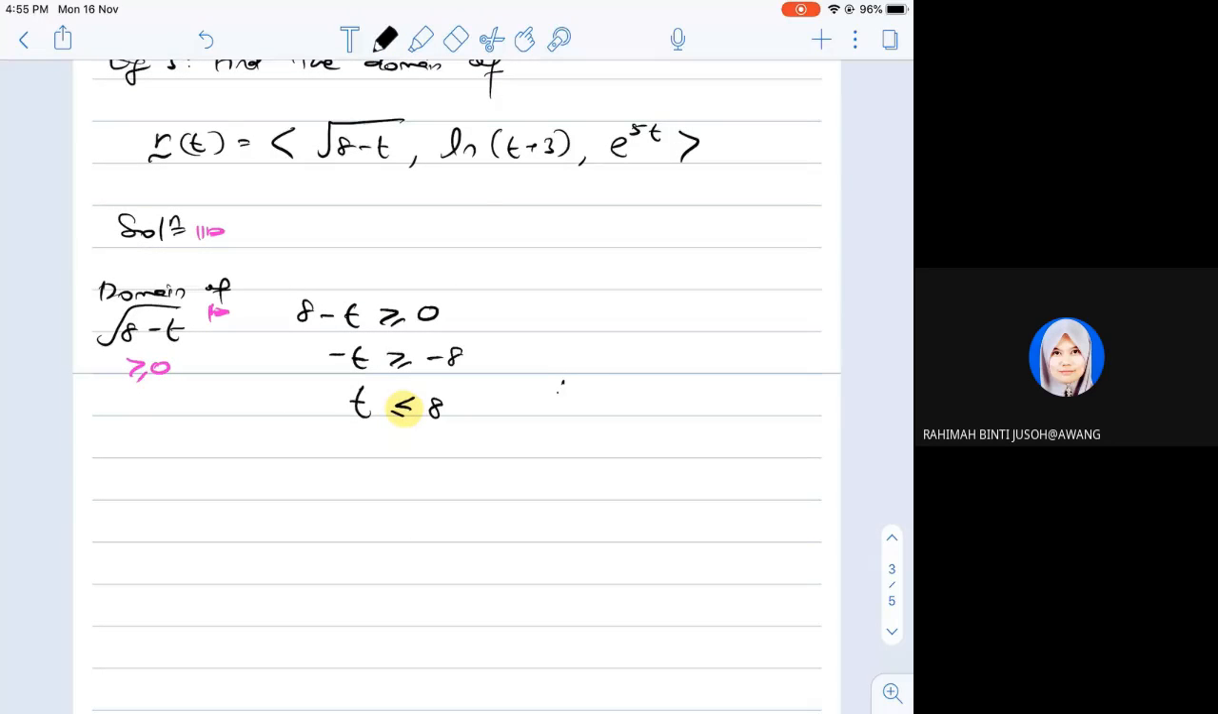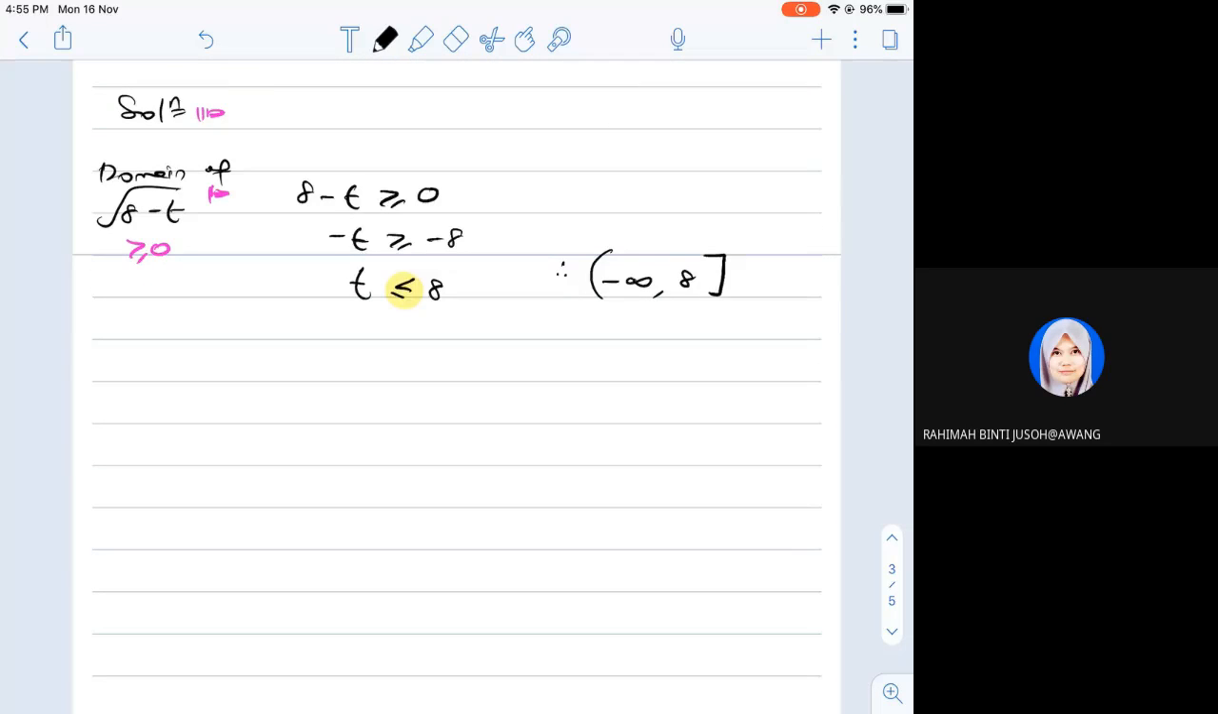Therefore, in bracket, we start from negative infinity until 8 and then close the bracket, which means include 8 because we have equality sign here. Okay, so that's the domain of square root 8 minus t. Next, domain of